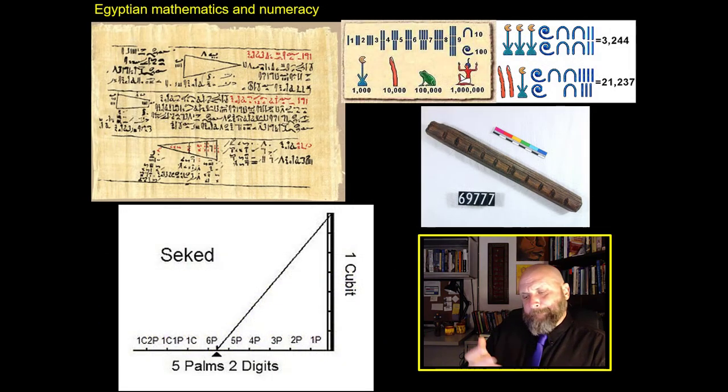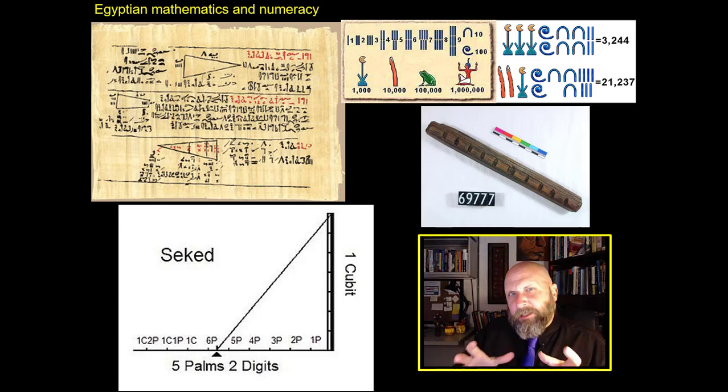Now, how did they actually build these things? Did they actually have the wherewithal to construct these things? Building a pyramid does require pretty interesting and pretty complex mathematics. You do need to know the Pythagorean Theorem in order to make sure your right angles are actually right, actually correct.